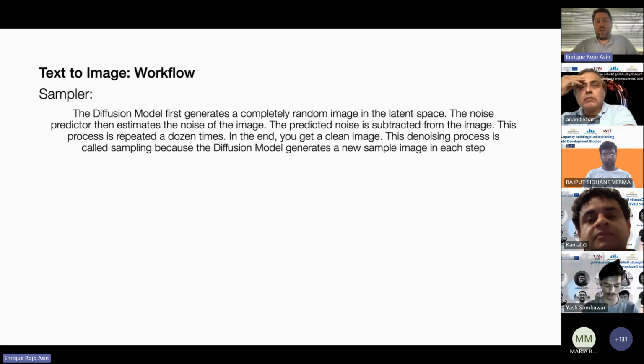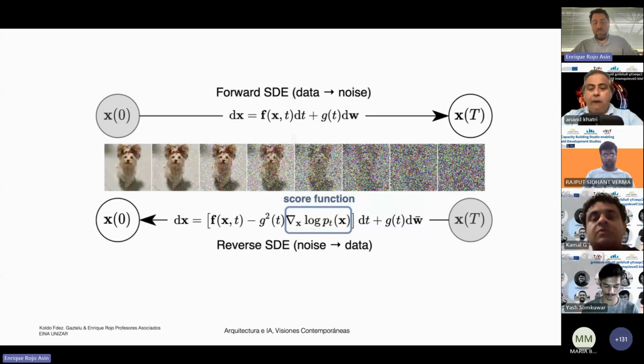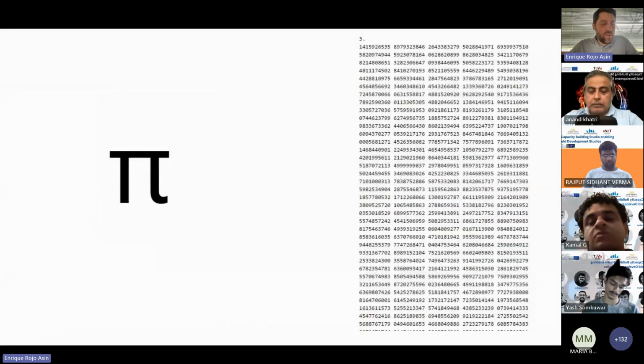The image starts as a completely random image, but then this noise, these pixels, come back and forth until you get the image. So these pixels keep redefining until you get the final product. In the end, it's like when you have pi that has so many numbers. So in the end, you are obtaining each number, each step.